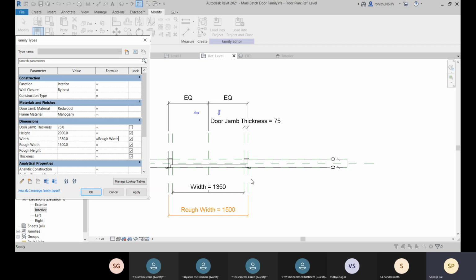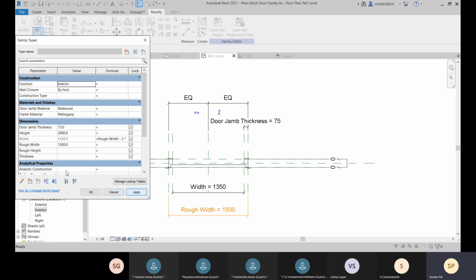Means the two side door jam thickness will be minus, then you will get this width, right? So you have to write minus 2 into door jam thickness,